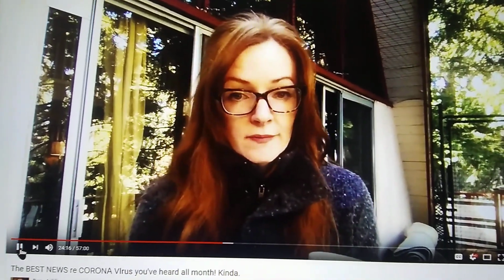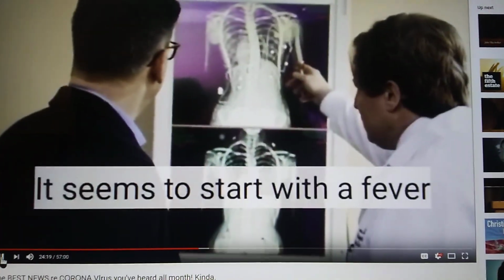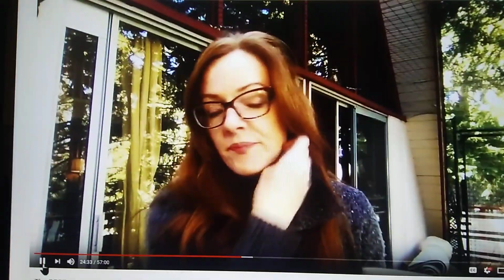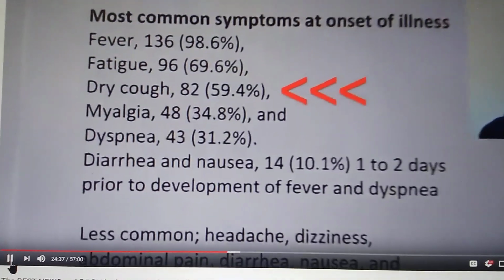Well, check this out. Now, much of what I'm finding regarding this CV is pointing to people who don't actually have fluid in their lungs at all, but they have dry coughs. Not wet coughs like this. No phlegm at all, but dry coughs with no phlegm. So in the same report, this doctor found the same thing, dry cough.